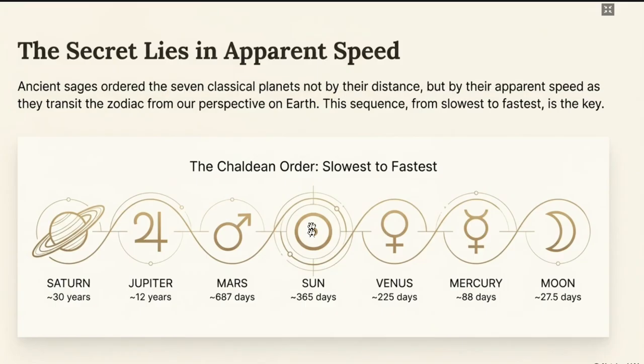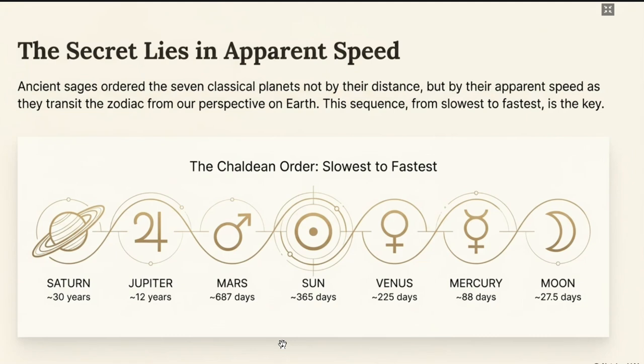The planets on this side of the Sun are known as outer planets, and planets on this side of the Sun are known as inner planets. The slower planets are known as outer planets, and the fast moving planets are known as inner planets. This is basically their location in the orbit. The planets which are between the Earth and Sun are inner planets, and planets which are lying outside the Earth are known as outer planets. Because outer planets have a longer orbit to cover,